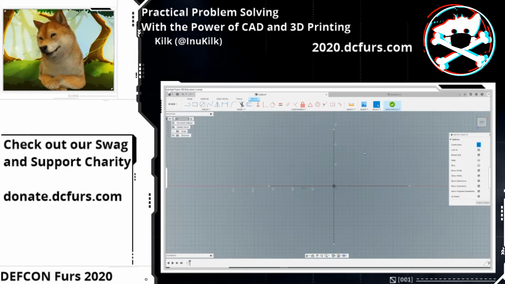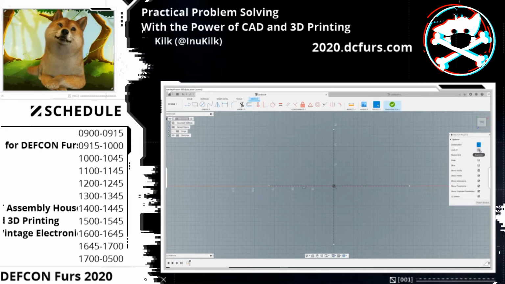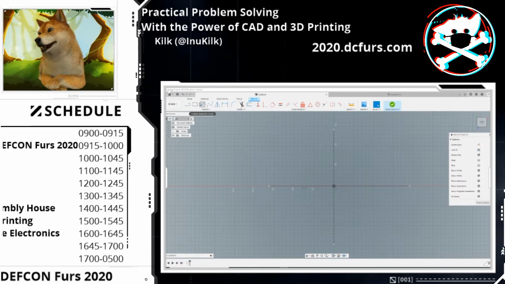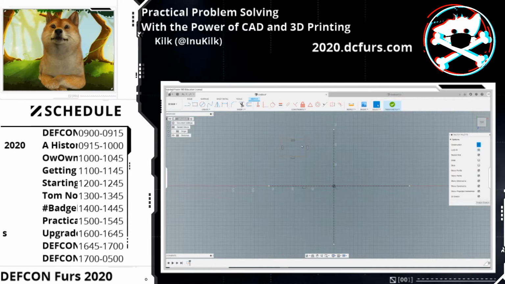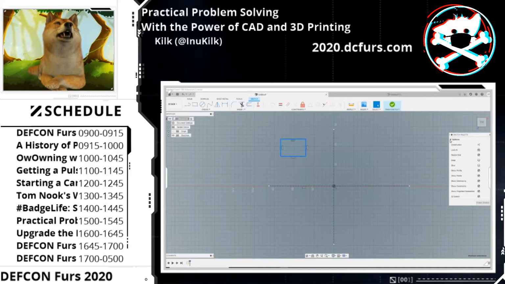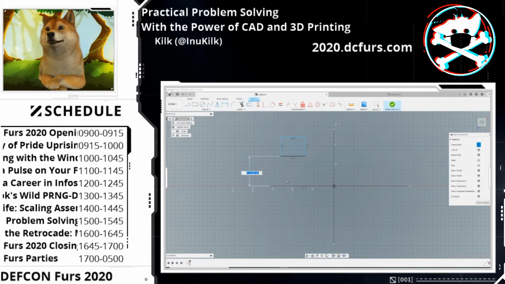What's the point of this? Well, you see, I love doing this because it saves me time. Let's just make a box. Oh wait, don't make a construction. Remember to turn that off. If you accidentally create a sketch with a construction line, like that, you can just select that all and hit the unconstruction. Now it's a normal box. So let's just dimension this based off of this. We're gonna make